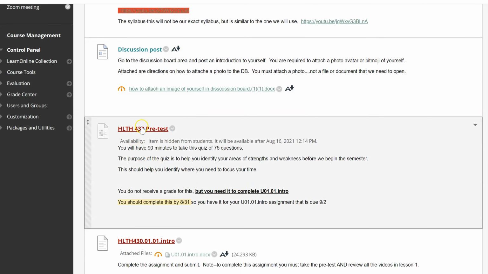This is extremely important. You need to take this pretest because this pretest covers the topics of our units. And what it's designed to do is show you what you know and what you don't know. So if you do really well in one section, that means you're not going to have to put as much time and effort into it. But if you do poorly in a section of the test, then that means you really need to spend more